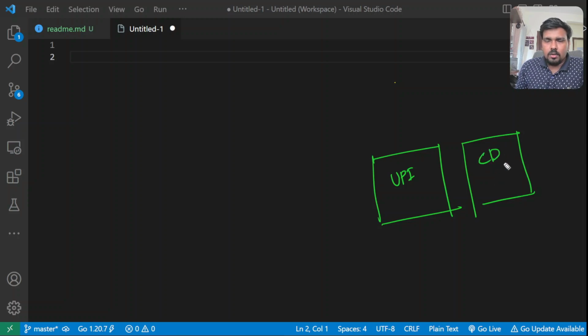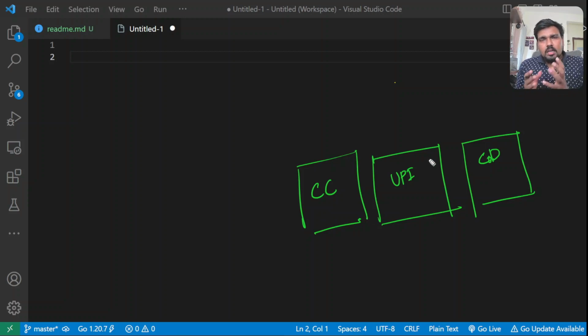So also, CD is for cash on delivery. Let's say COD. I'll call this COD as cash on delivery, and then I'll have another one, the credit card. So credit card, so CC, right? So I have three options over here right now. Now, what I want here is a facility in such a way that my code should be able to choose. I mean, the client should be able to choose among these three options without getting affected,